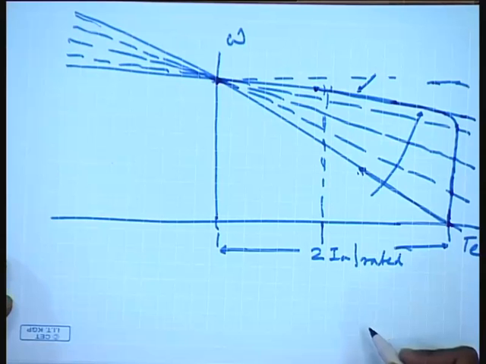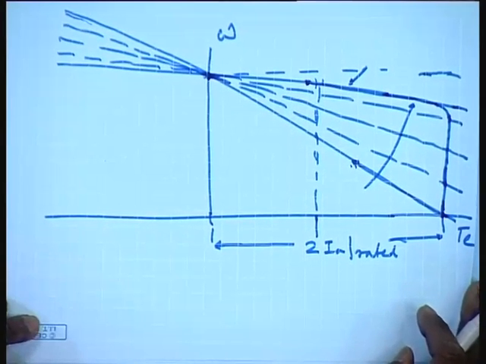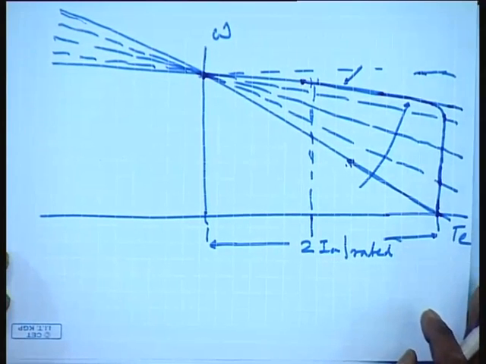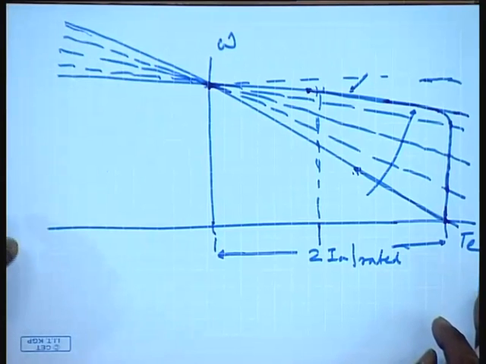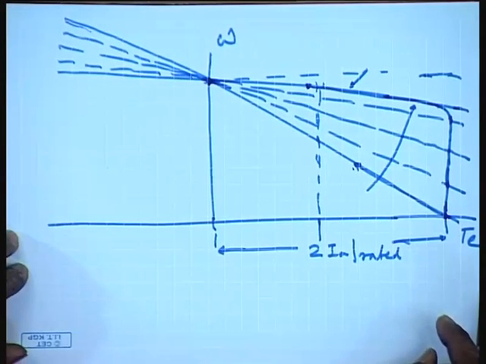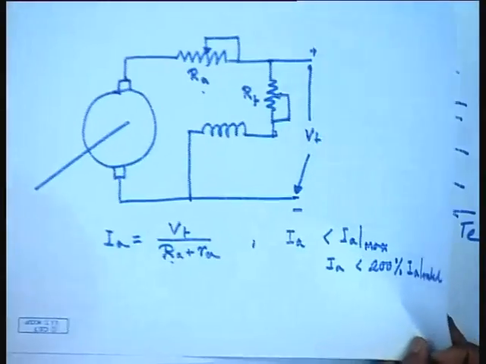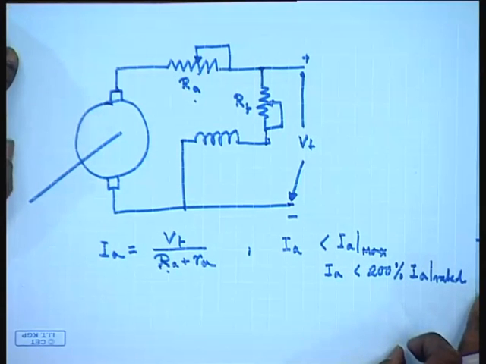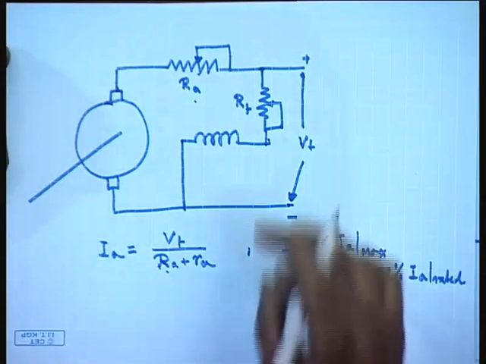This will be the ideal characteristics. However, in practice it is difficult to vary the armature resistance continuously, and therefore, sectionalized step resistance starters are normally used for DC motor starting. Another point that should be kept in mind is that before the armature resistance, the motor supply is given to